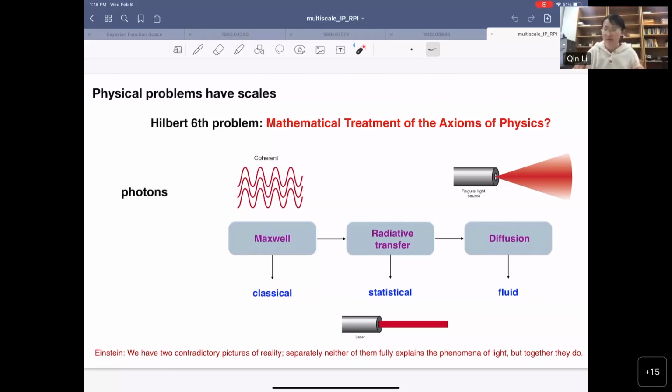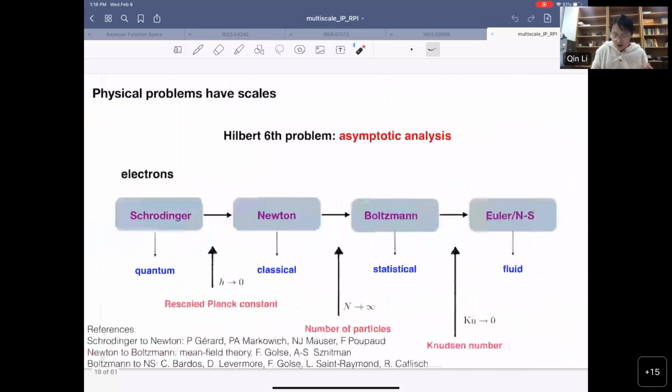On the other hand, mathematicians got really bothered by this fact. And Hilbert proposed to study this problem as his number 6 problem. He was saying that the physical phenomenon is just light propagation. How come one particular physics gets described by all different kinds of equations? So all these equations should be somewhat connected. So we pretty much spent the whole century studying this Hilbert 6 problem.